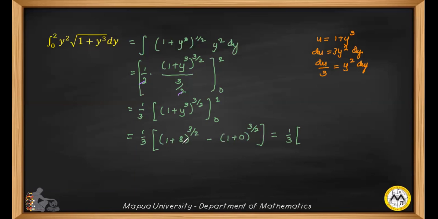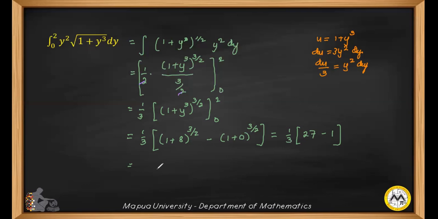1 plus 8 is 9. Square root of 9 is 3. And 3 raised to the third power is 27, minus. Of course, 1 plus 0 is 1. The square root of 1 is 1. And 1 raised to the third power is 1. Therefore, the integral is equal to